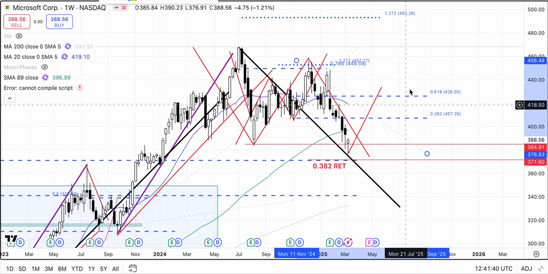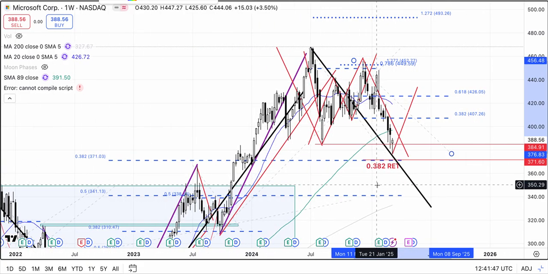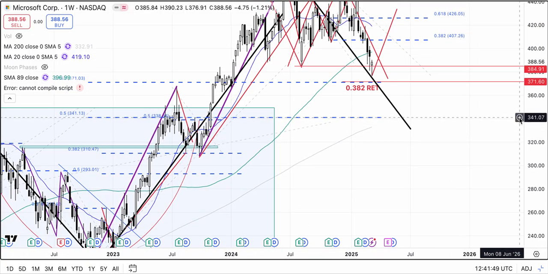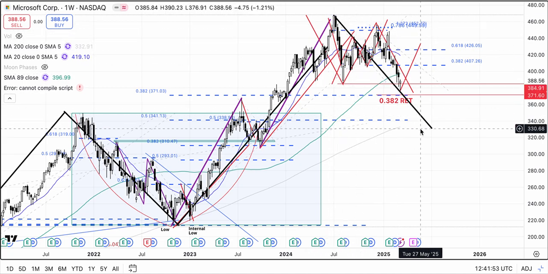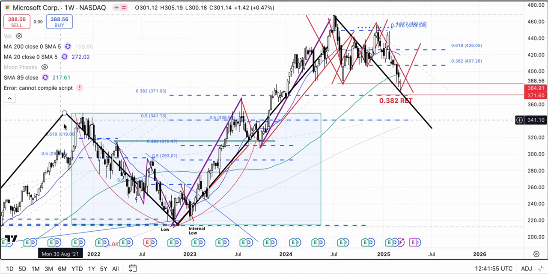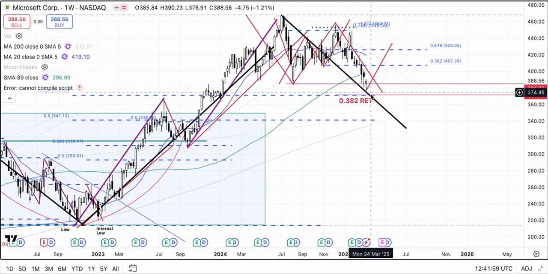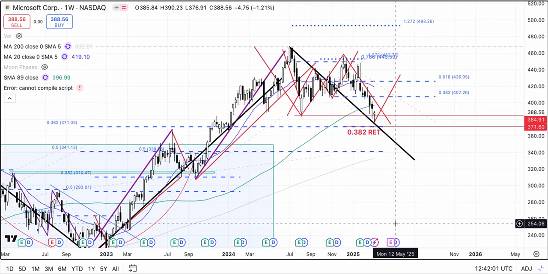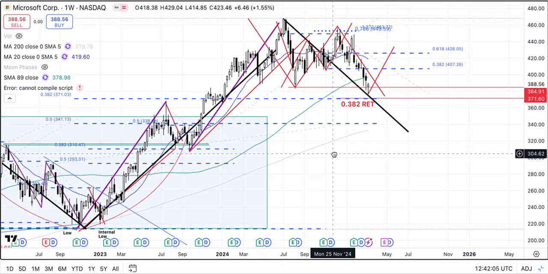Getting much deeper into this, I think this could have been a significant low in the stock. There's one more chance that Microsoft could actually retrace all the way down to about 330. That will be the entire 2022 bear market. But if we find pretty good strength from here, because it is the 38.2% retracement of this entire bull move,